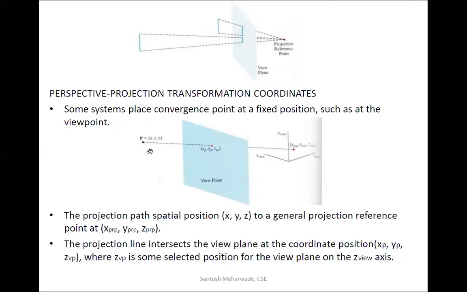Assume that the best example for this perspective projection is that the shooting has been done. Your favorite actor or actress has done the acting in front of the camera, and the camera has captured that particular scene. Whenever you visit the cinema hall, you come to know that that particular film or movie has been released. So you went to the cinema hall.